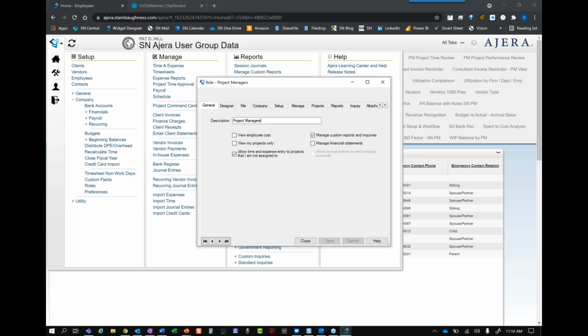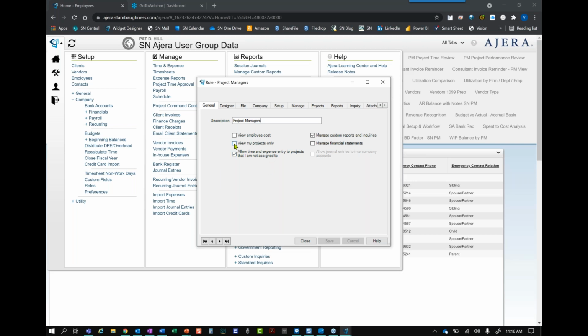There's two ways in Ajera to limit access for project managers. And we're talking about the project command center because we control dashboards and reports differently, right, through security. So we're talking about seeing projects in the project command center and having the ability to change projects in the project command center.